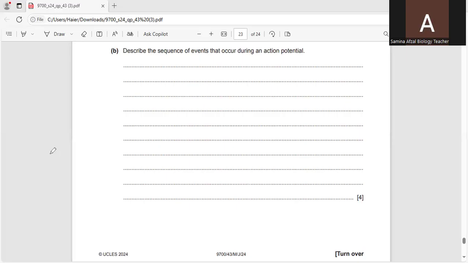So I am going to write all these points which I have explained to you, but according to the question demand, there should be at least 4 points in a sequence. So I will start with the resting potential: as you know, the neuron is at rest with a negative charge inside,